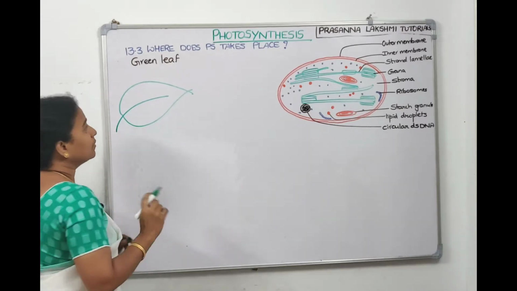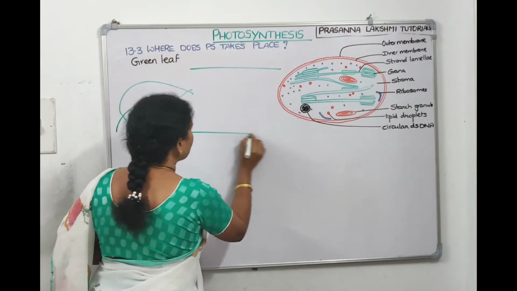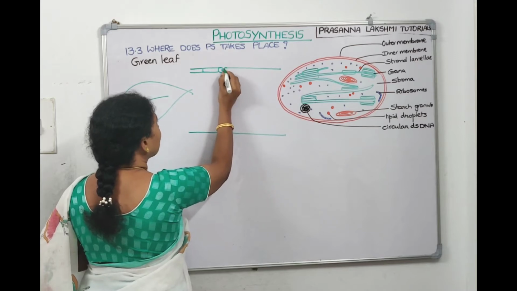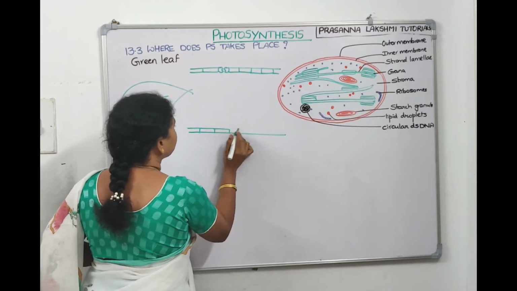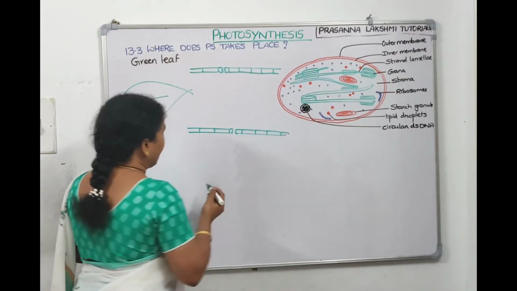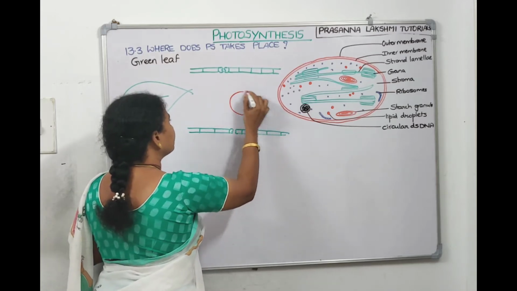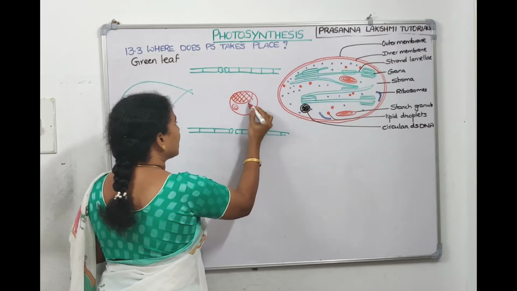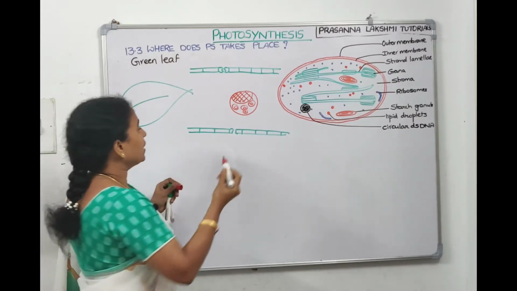Now, if we see the anatomy of the leaf, this is the adaxial epidermis, this is the abaxial epidermis, and these are the epidermal cells. And if we have to draw the stomata, yes, these are the stomata, with guard cells. At the center, the vascular bundle will be there. Xylem will be there, phloem patch, and these are the xylem elements, right? So xylem and phloem, this is the vascular bundle.